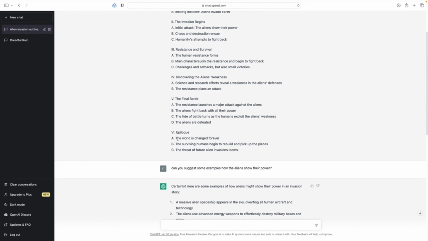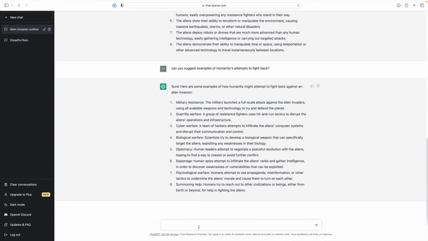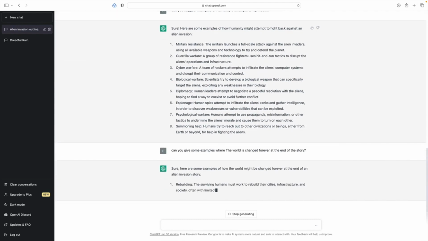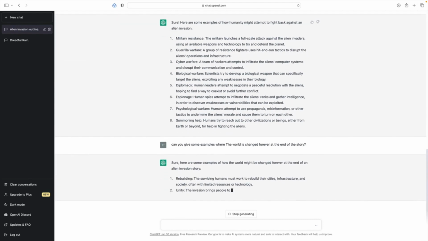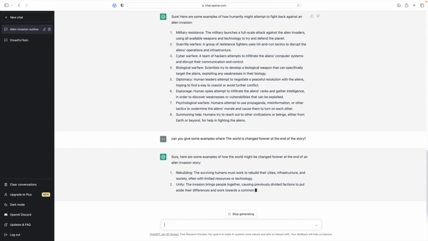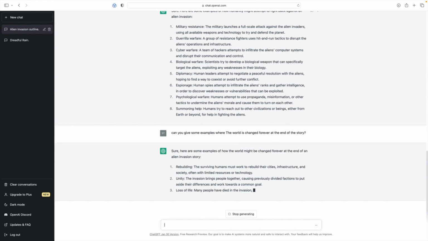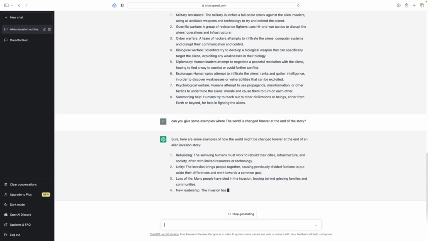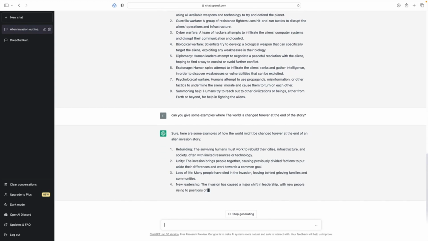So in the epilogue here, it says the world is changed forever. Ooh, I wonder what that means there. So can you give some examples where the world is changed forever at the end of the story? So rebuilding, the surviving humans must work to rebuild their cities, infrastructure and society. Okay, unity, the invasion brings people together, causing previously divided factions to put aside their differences and work towards a